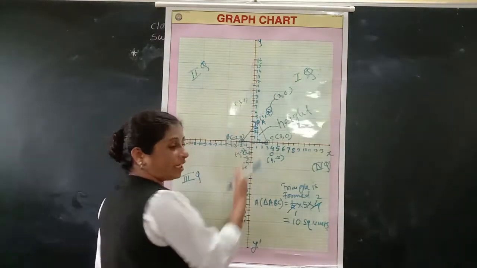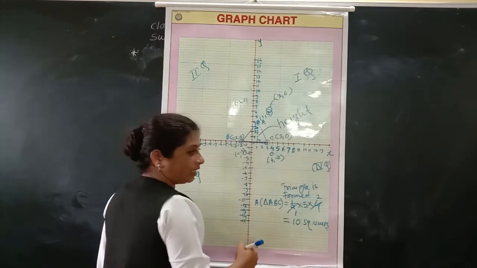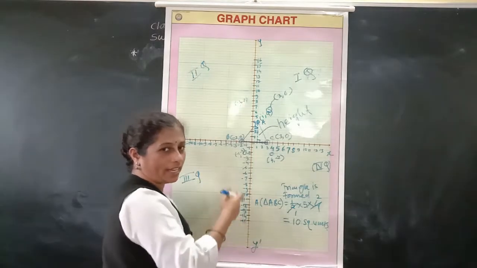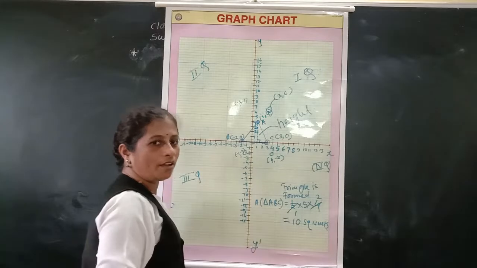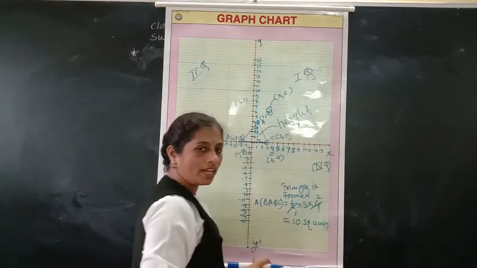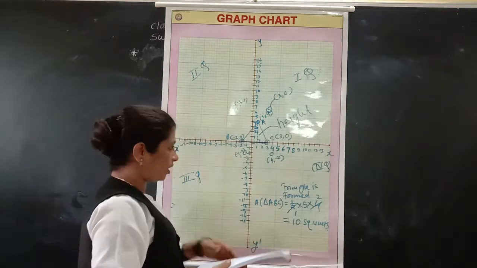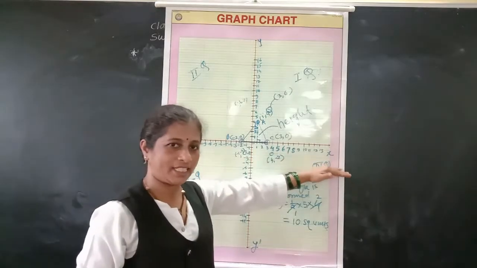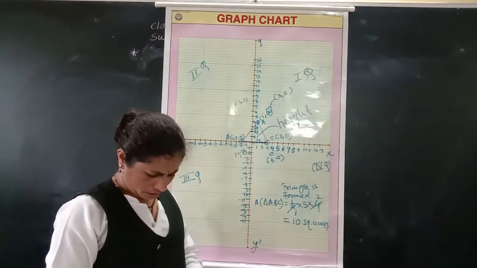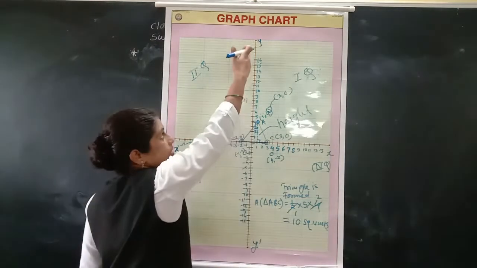So what is the vertical line? Now we have learned this in the first period only. This vertical line is of which line? The vertical line is called the y-axis and the horizontal line is called the x-axis, right? So the question is only what is the name of the horizontal line. So the horizontal line's name is x-axis and the vertical line is y-axis.